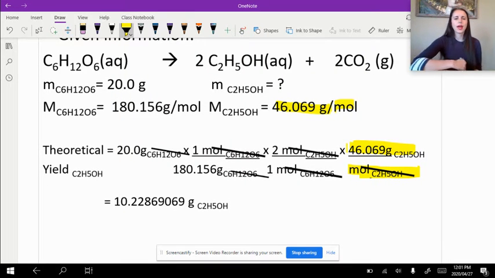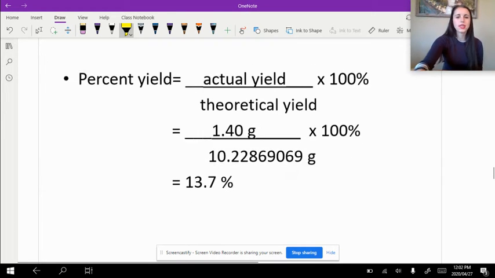So if I actually punch that into my calculator, 20 divided by 180.156 times 2 times 46.069, I'm going to get this number here. And this number here is my theoretical yield of ethanol. In order to solve this, remember I'm looking for my percent yield. So my percent yield would be my actual yield divided by my theoretical yield, and I'm going to get the